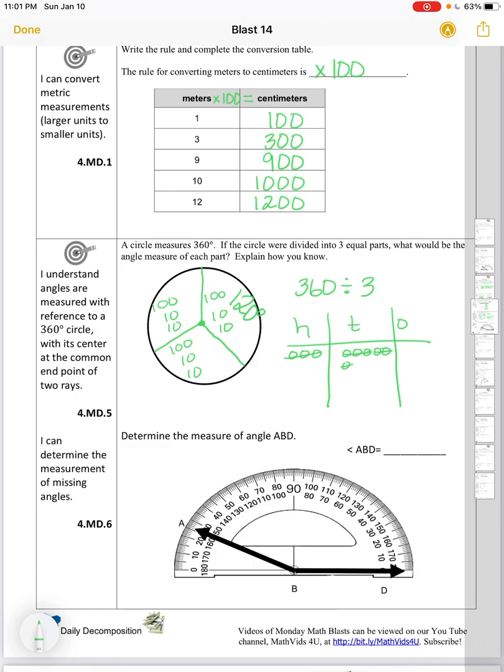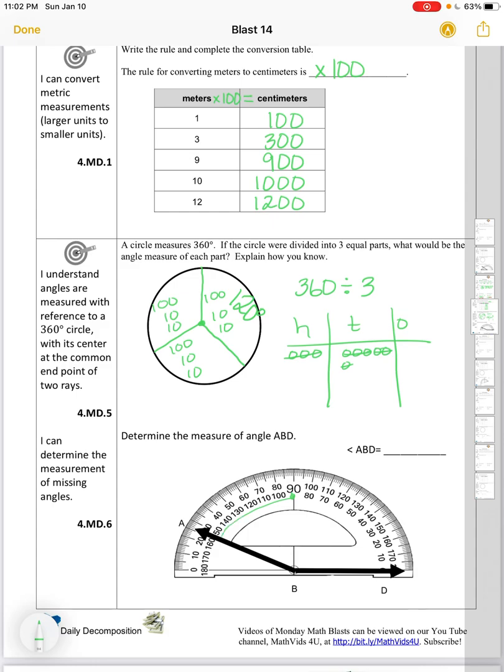I can determine the measurement of missing angles. Determine the measure of angle ABD. Well, taking a look at our protractor here, we have a half circle protractor, and ray BD is lined up with 0 degrees. And as that moves around, as our BA ray is over at, we're going to increase, so we want to be looking at our bottom numbers here, our inside numbers. We get to 90 here,